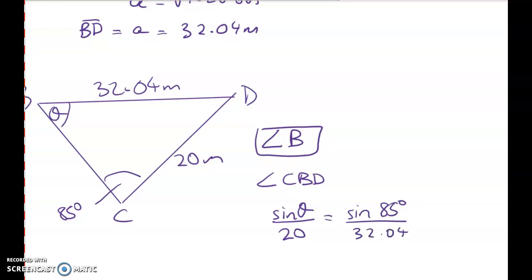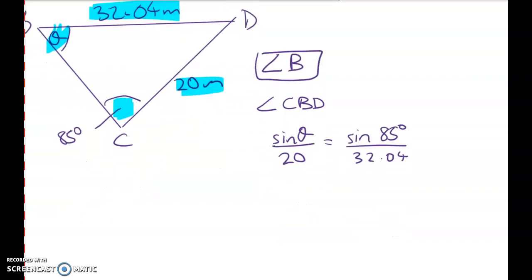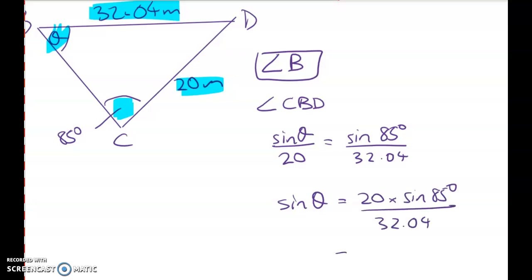I'm doing that because I've got an angle in the opposite side, which means that I can work out another angle using the sine rule. That gives me sine of theta is equal to 20 times sine of 85 degrees divided by 32.04,